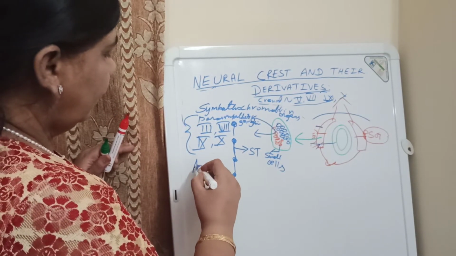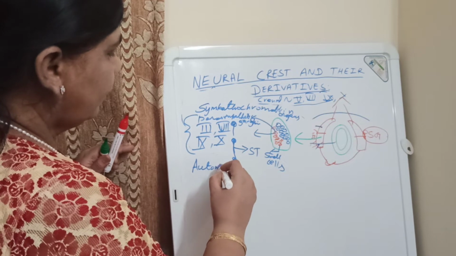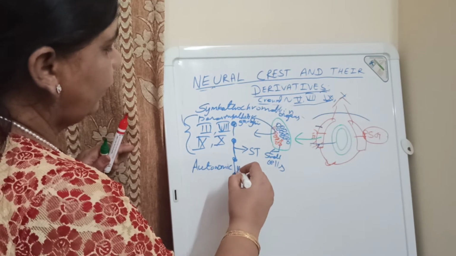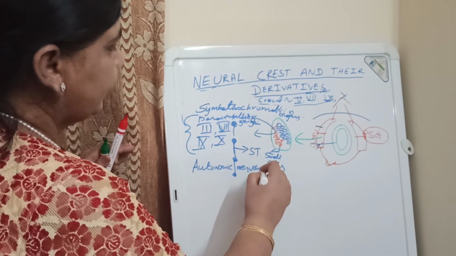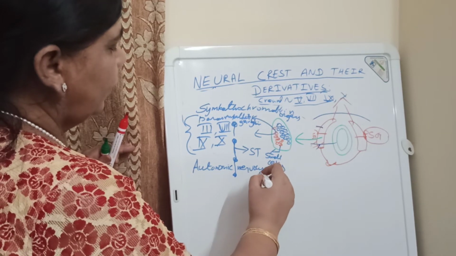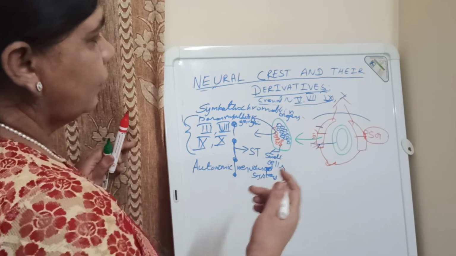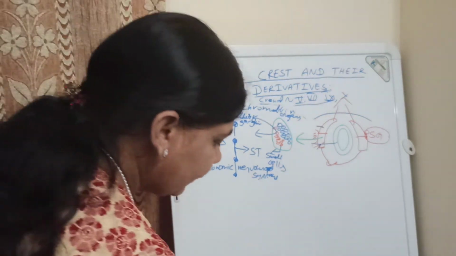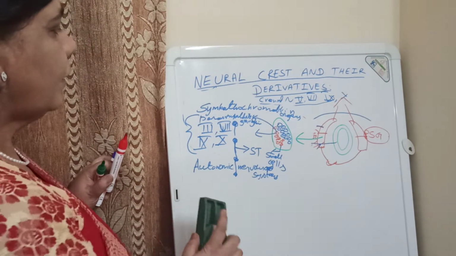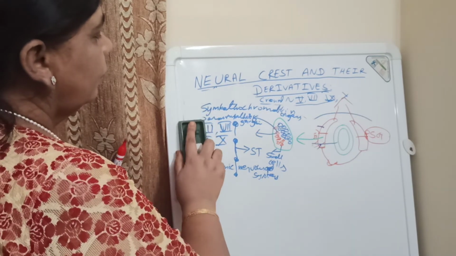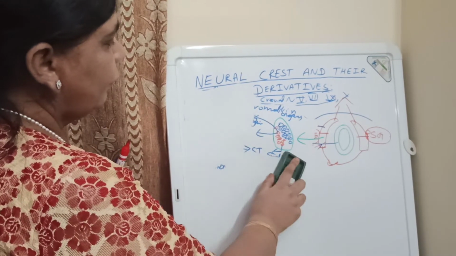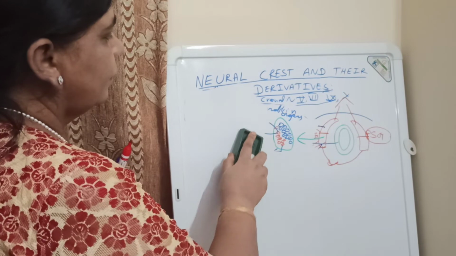So how can you summarize these small cells? Have you any idea now? The small cells give rise to the autonomic nervous system, to simplify. So that is the autonomic nervous system development. As I told, dorsal mass gives rise to peripheral nervous system, and these small cells give rise to the autonomic nervous system. Now we will see the large cells.